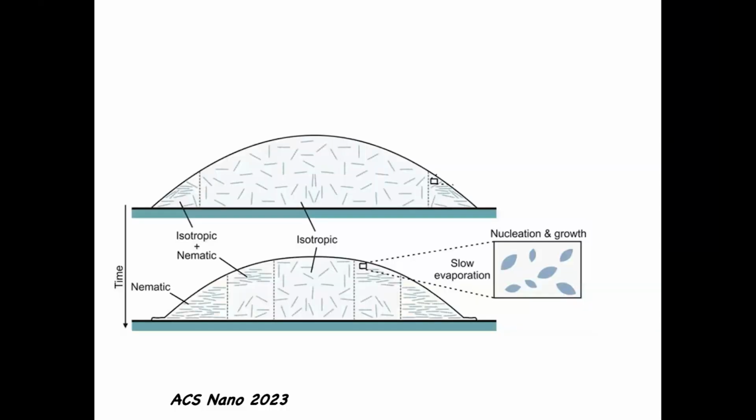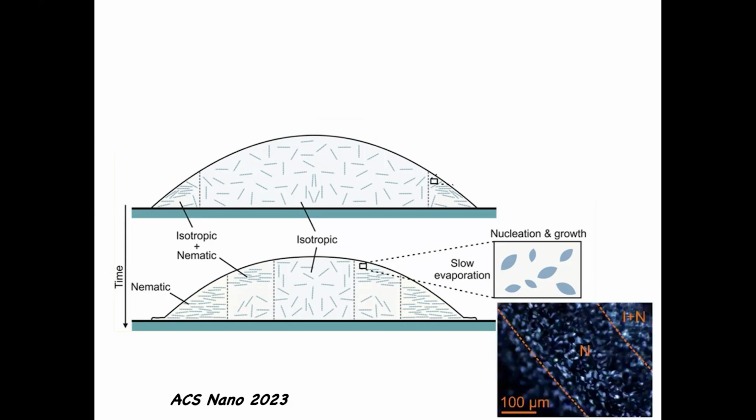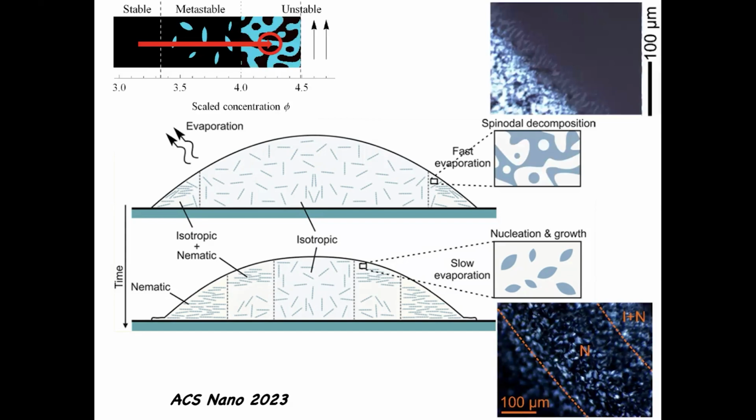Why is that? Well, simply because there's a coupling effect. You have different rates of evaporation. In the middle, you have slow evaporation, so you are entering gently into the phase diagram. If you go slowly, you see tactoids. If you go very fast, however, you go directly into the spinodal decomposition regime. And I have an idea how to do that with other terms, but evaporation is just very convenient for them.